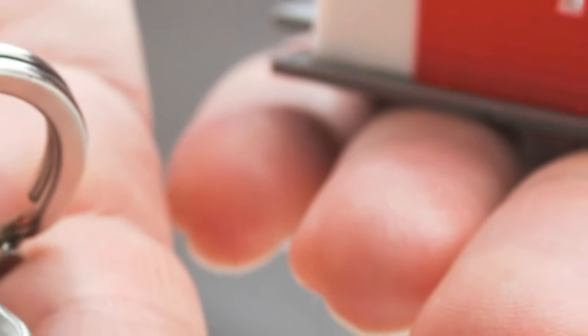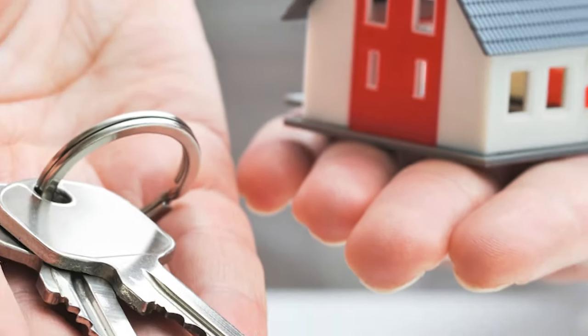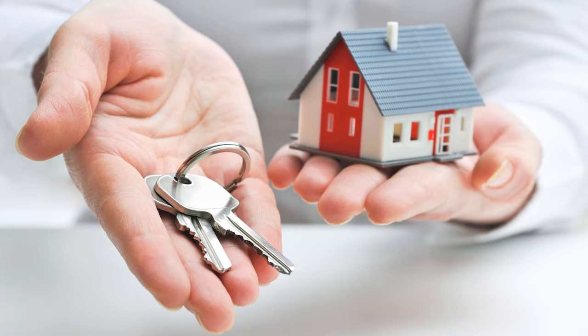So if you're skimping on your marketing, you're overpricing and the home is really hot and miserable when you get in there, chances of you capturing the attention of those buyers who are still here in the summer is slim to none. So you got to make sure that you never pull back on the marketing, you never overprice in the summer, and that you never overheat the home in summer. So those are the 3 tips that I would highly recommend if you're thinking of selling this summer,